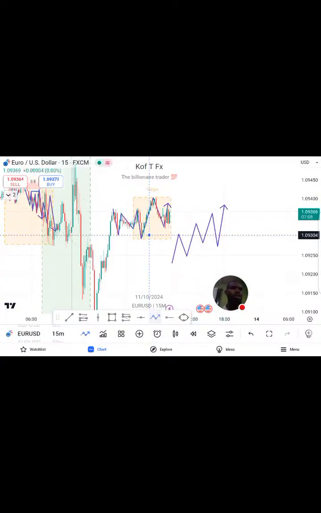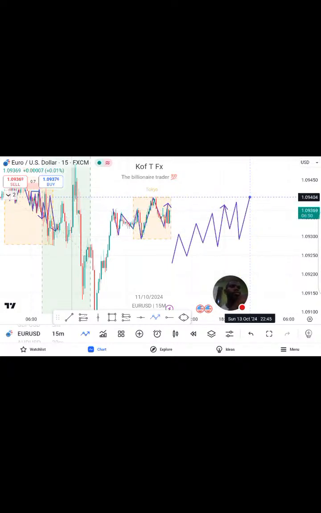Before getting to our POI, I want to see an inducement. I want to see that price actually induce or engineer a liquidity towards the POI and mitigate the POI. Then boom, buy. Before, I didn't add inducement to it, but based on my backtesting results, like out of the